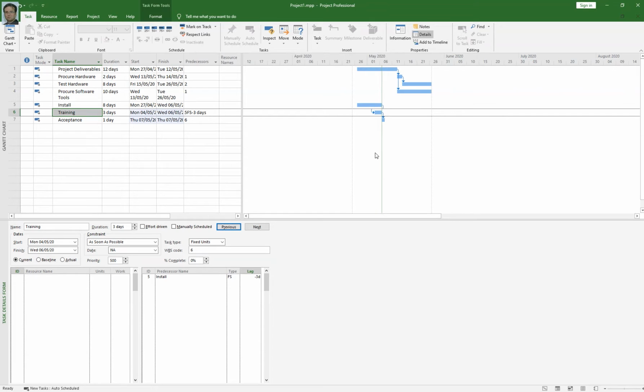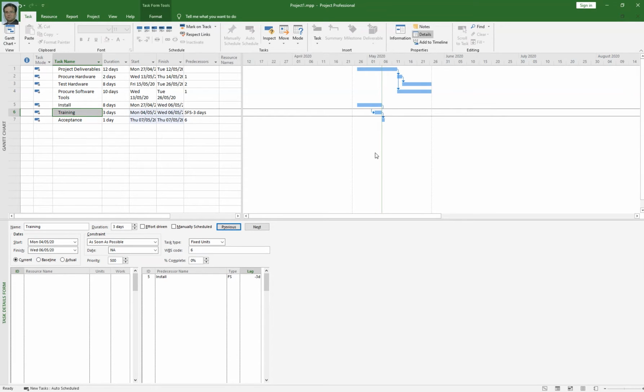Now let's talk about specific date constraints, because in your project you will get your resources from your functional departments, and functional managers will give you constraints that this human resource is not available until 16th of May 2020.